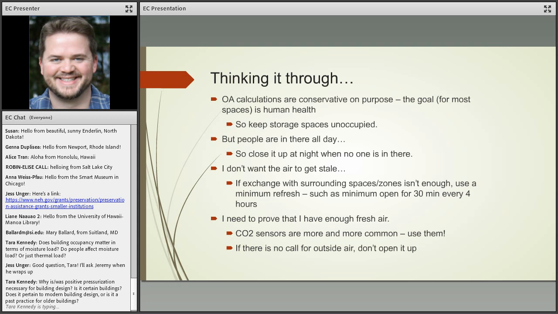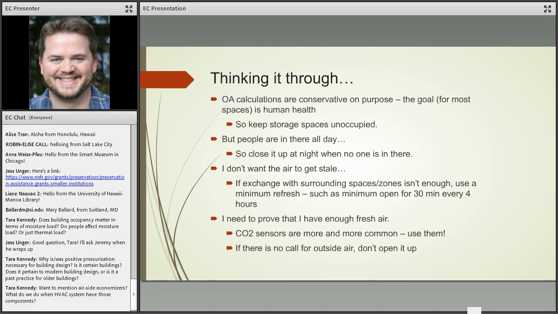So just to recap that slightly, and I want to make these very plain points because this is something that I think oftentimes, not only on the cultural heritage side, but also on the engineering side, we have a tendency to take for granted. We recognize that outside air calculations are conservative. They're supposed to be. The goal really is for human health. And outside air calculations will take the largest possible occupancy for your space and say this is the design for the amount of outside air that that system has to be able to bring in,